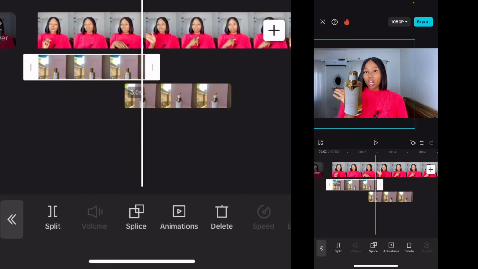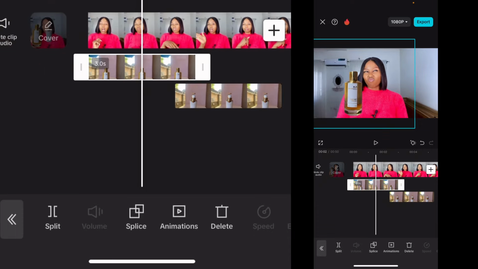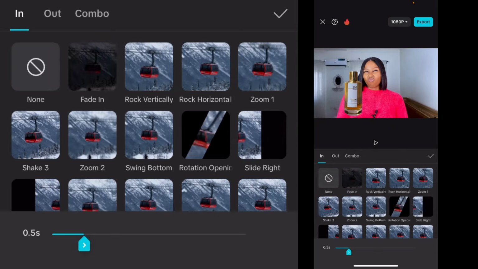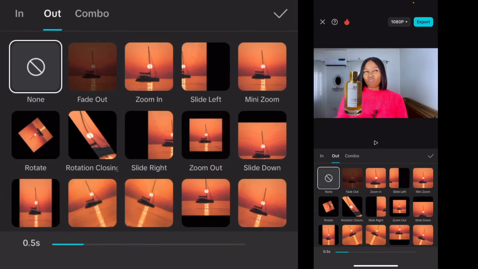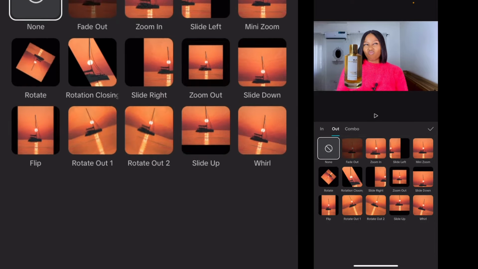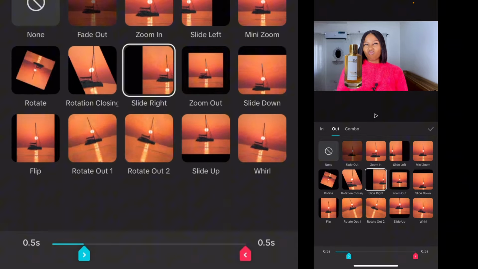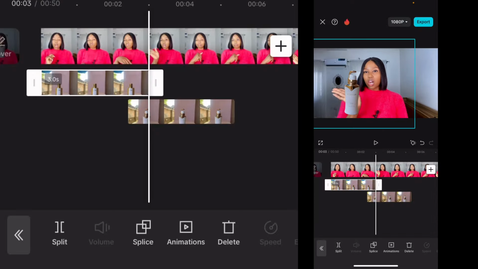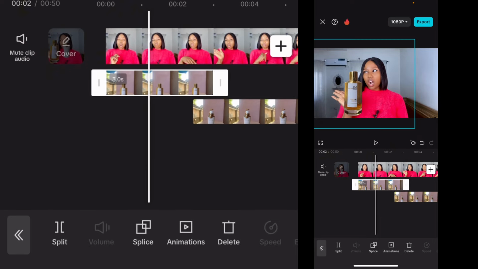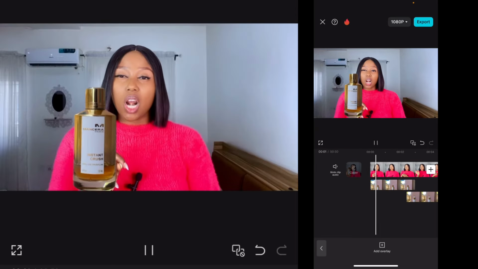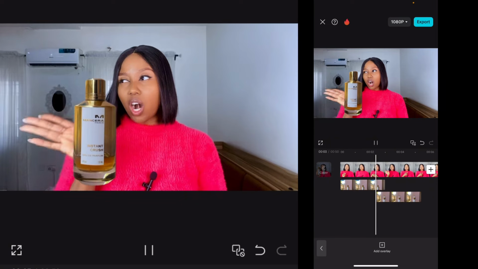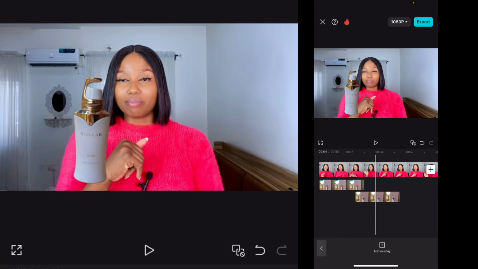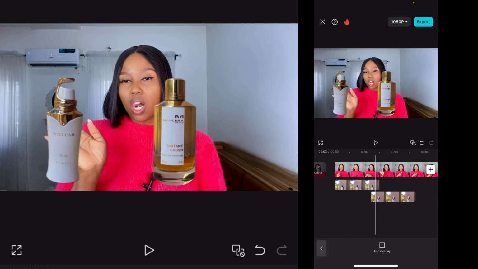Then I'll go to the previous one, the previous perfume, and add an out animation. Slide right, slide right. So let us see what it looks like. Don't forget, you can always adjust. See, look at this. I don't like it. Okay, so that means we have to do an adjustment